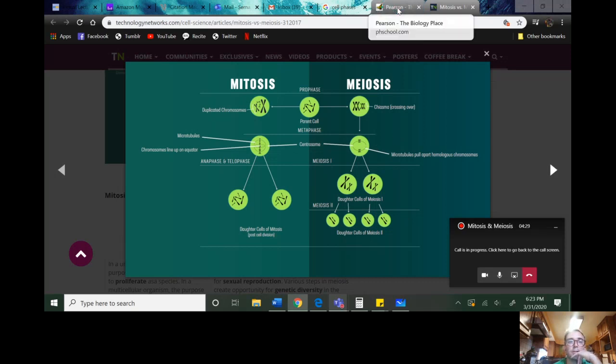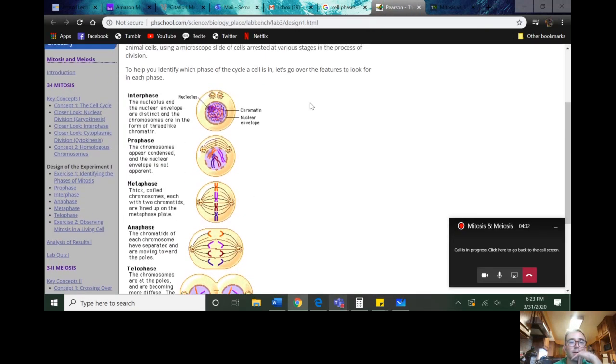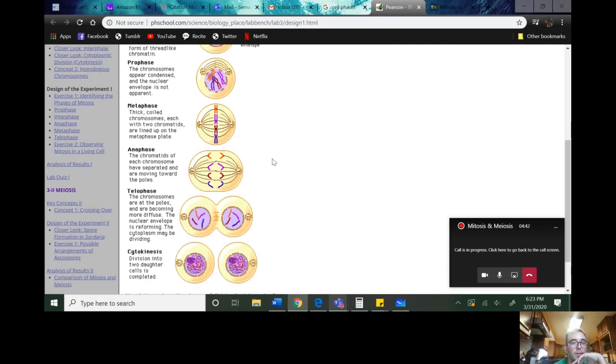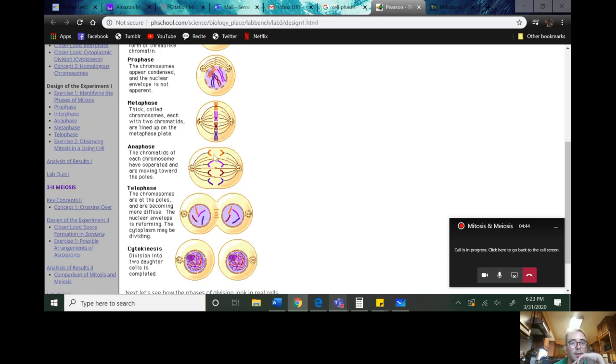And here is a really good drawing of that. Interphase is getting all that jumbly mumbly. Prophase, setting up your chromosomes. Metaphase, aligning them up. Anaphase, pulling them apart. Telophase, starting to separate them out and cutting them off. Those were our